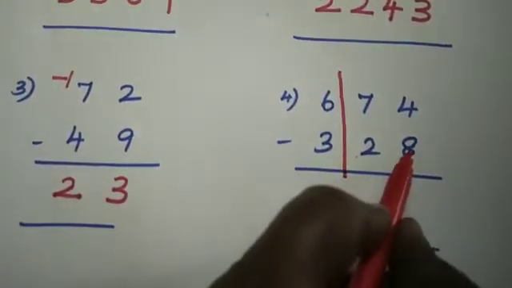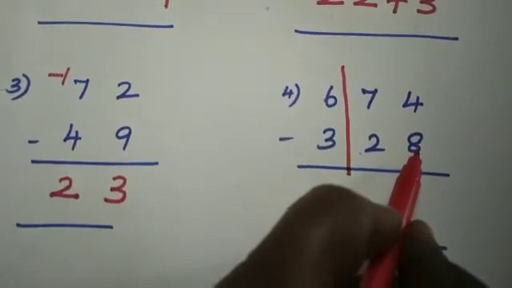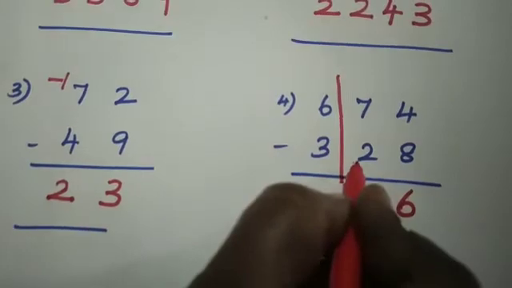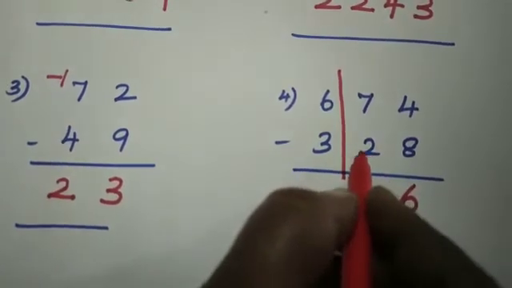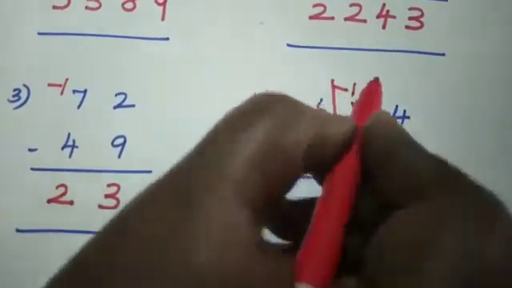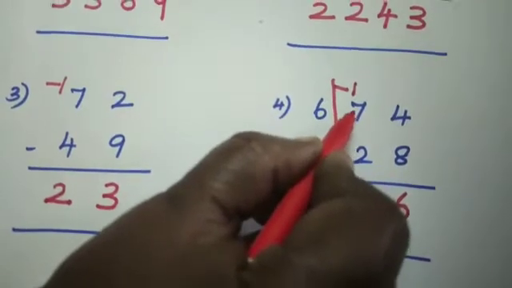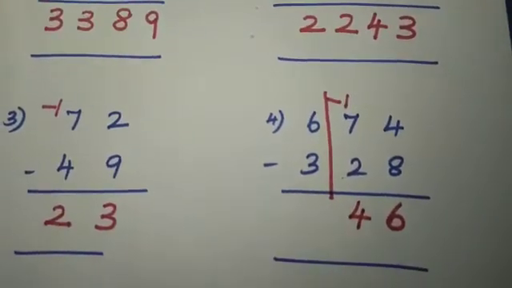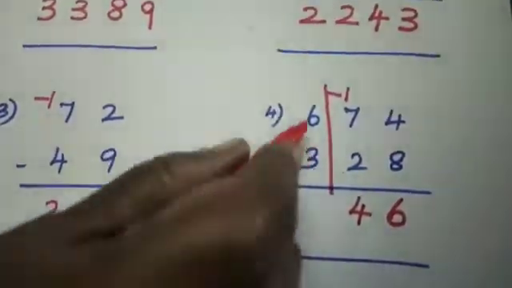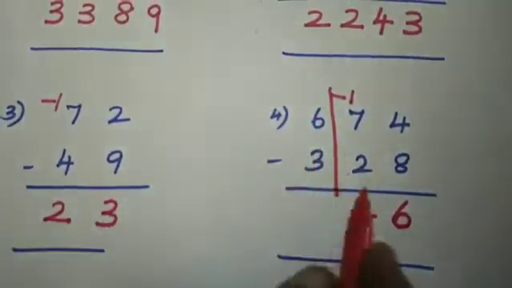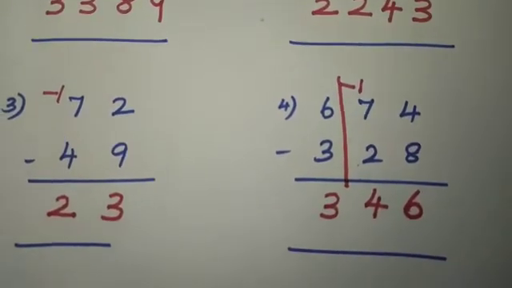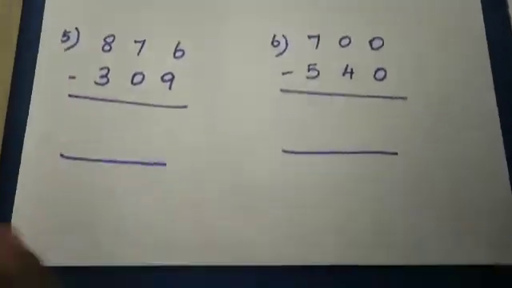Now here you see 10 complement of 8 is 2. 2 plus 4 is 6. And here on the left side, what will we be doing? We will be reducing 1. When you reduce 1, you will be getting 6. 6 minus 2, it is 4. Now here, as per normal subtraction, 6 minus 3, it is 3. Got it, children? Now, in the same manner, we will do 2 more sums.